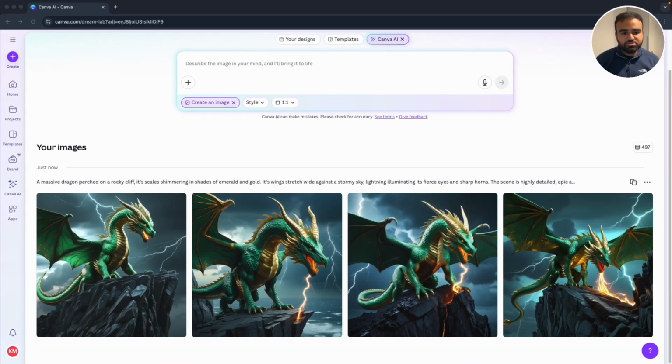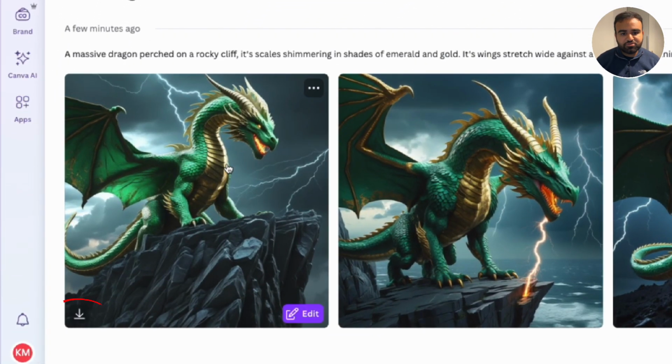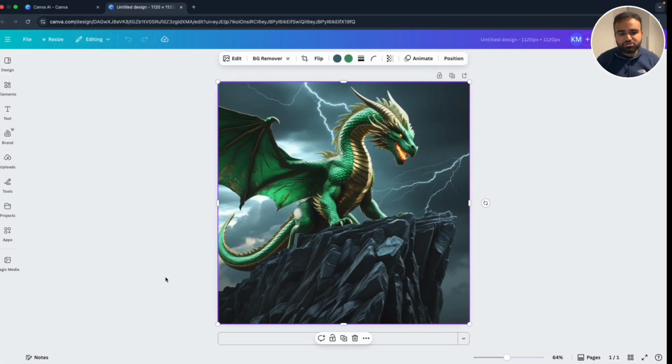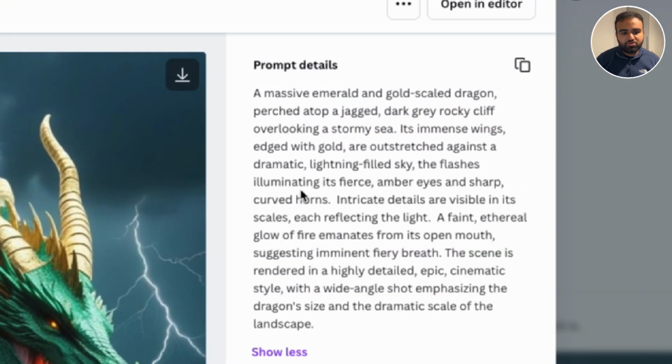In the matter of seconds, Canva has come back with 4 different images for the prompt that we entered. If we hover over the image, we have the option to download it. Then if we click edit, it will bring the image into Canva's editor where we can make any necessary changes to the image. If we click into it, we can view the prompt that Canva used to create this specific